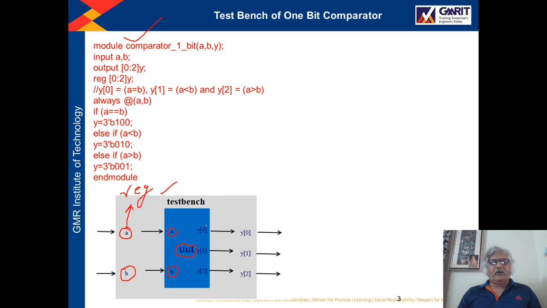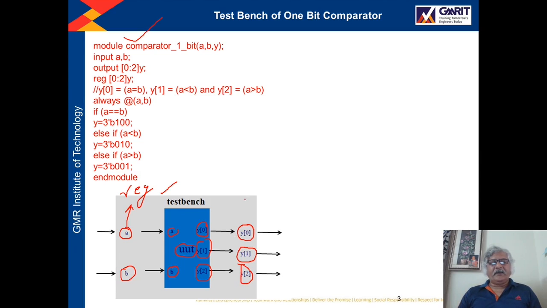Now the unit under test has three output ports, y0, y1 and y2, and these three ports are associated with three ports of the test bench: y0 is associated with y0, y1 with y1, and y2 with y2.